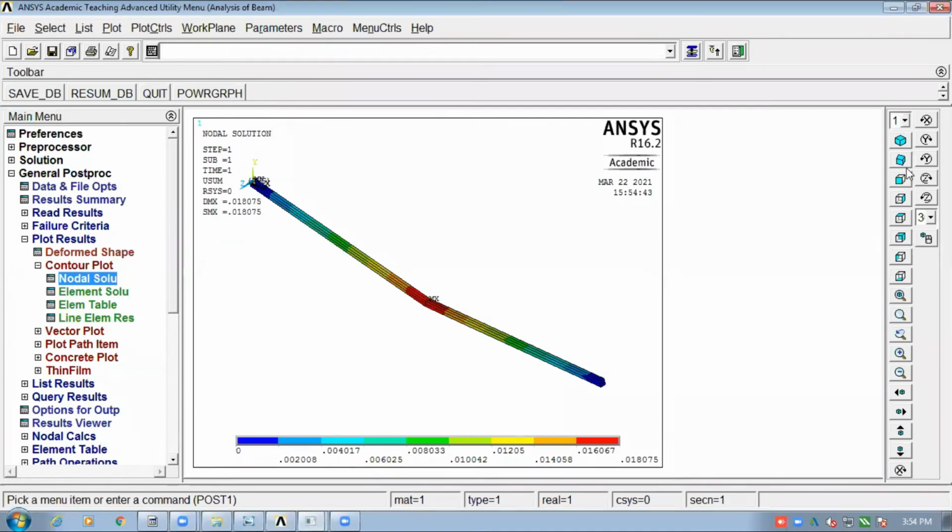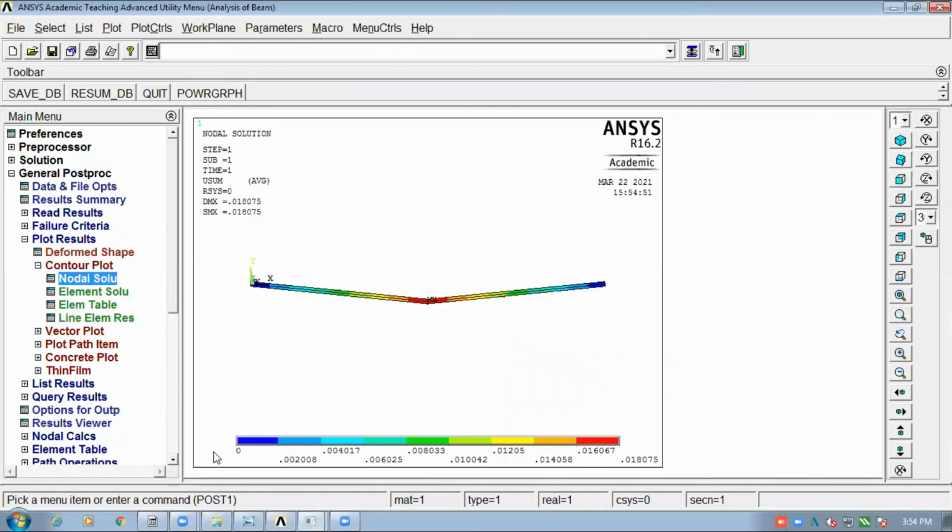It will show you, if you see this front view, wherever you have this blue region, there you have minimum displacement, or zero displacement. And displacement is increasing from blue to red region. Wherever you have red region, there you have maximum displacement.